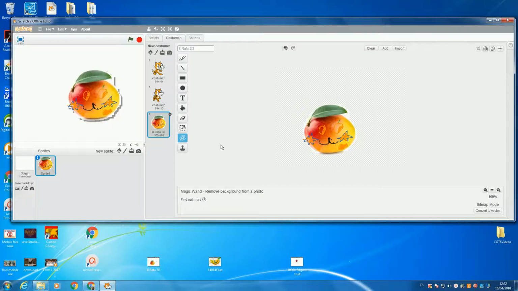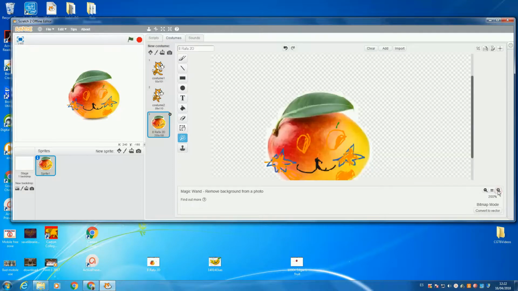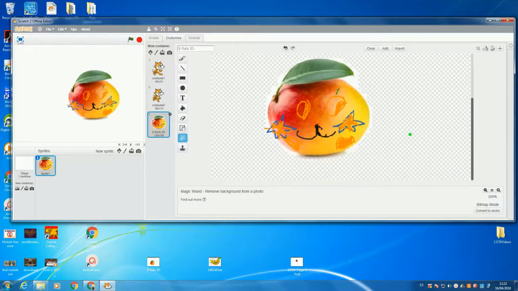I don't like it. So if I really want to be careful, I could probably make it bigger. Can you see there? You've got the checkered background, and I can see these little bits of white here that are making it look a little bit untidy. So we could carefully rub out those pieces. Now it's hard with a mouse, and you can take a little bit of time with this,